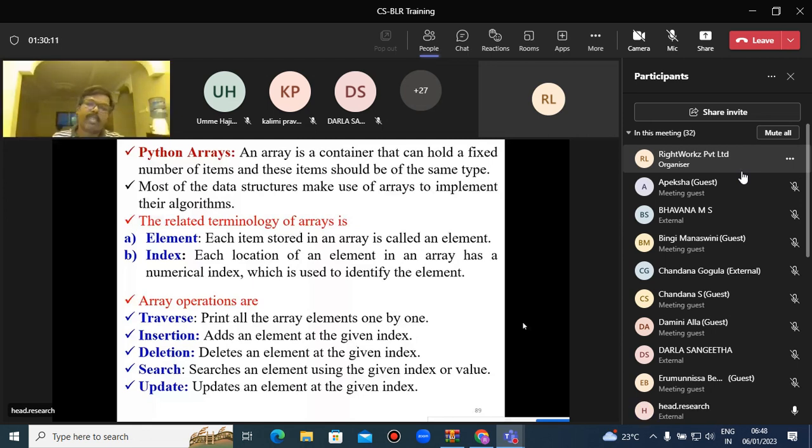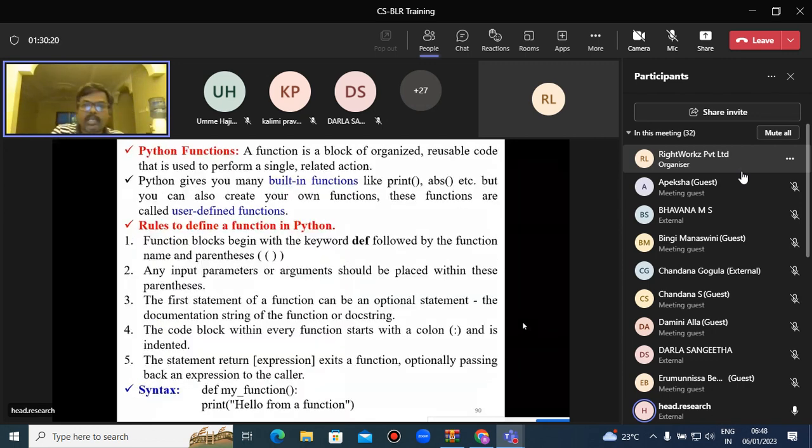Functions. A function is a set of rules to perform a specific task. A function is a block of organized, reusable code that is used to perform a single related action. Python gives you many built-in functions like print, abs, etc. But